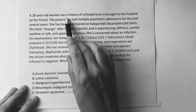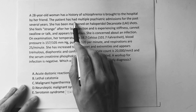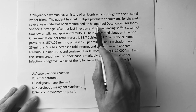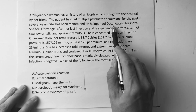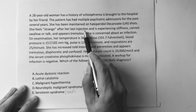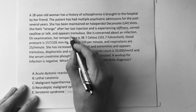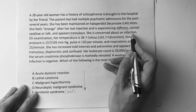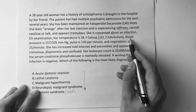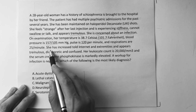So it says, 28-year-old woman has a history of schizophrenia, is brought to the hospital by her friend. The patient has had multiple psychiatric admissions for the past several years. She has been maintained on haloperidol, which is Haldol, right? Decanoate, which is a long-acting injectable shot. She feels strange after her last injection and is experiencing stiffness, cannot swallow, appears tremulous. She is concerned about an infection. On exam, her temperature is 101, it's elevated. Blood pressure is elevated. Pulse is elevated. Respirations are up. She has increased